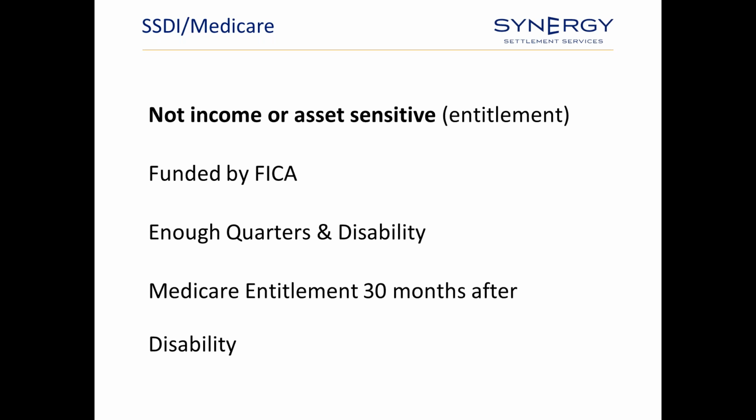And the way it works is there's a 6-month elimination period before you get your first SSDI payment, and then 24 months thereafter, you become a Medicare beneficiary. And that's why there is a subset of the population that you have to be concerned about whom you represent: if they've got a reasonable expectation of becoming a Medicare beneficiary within 30 months, which is anyone that has already qualified and begun receiving SSDI payments.